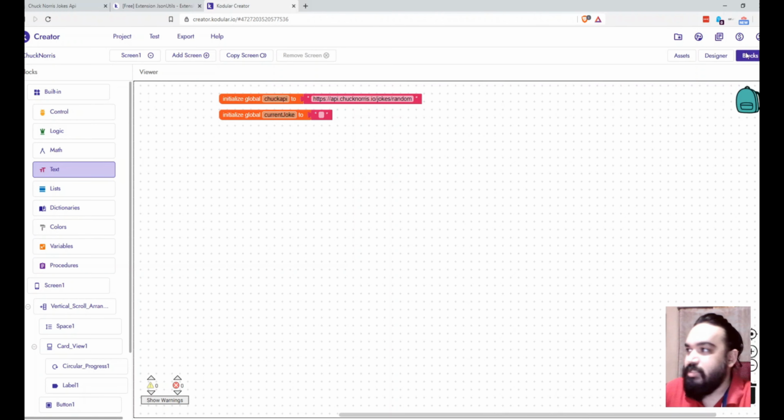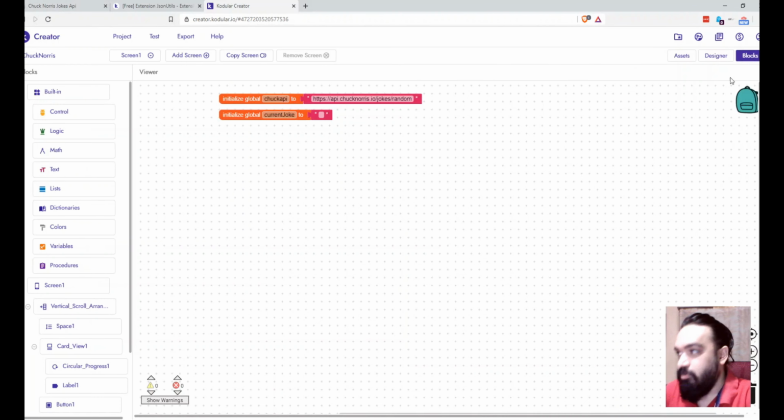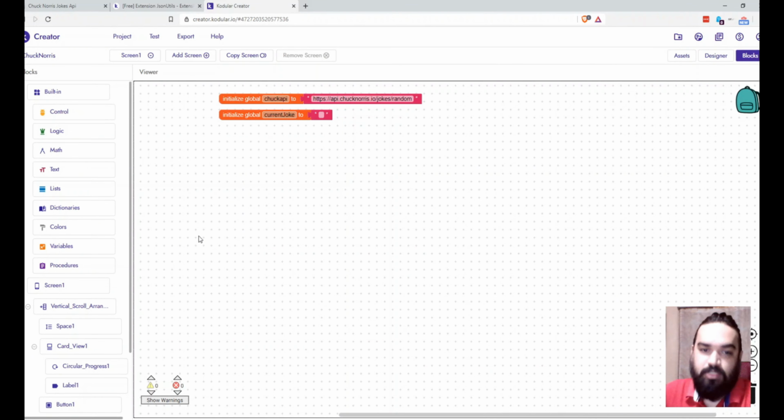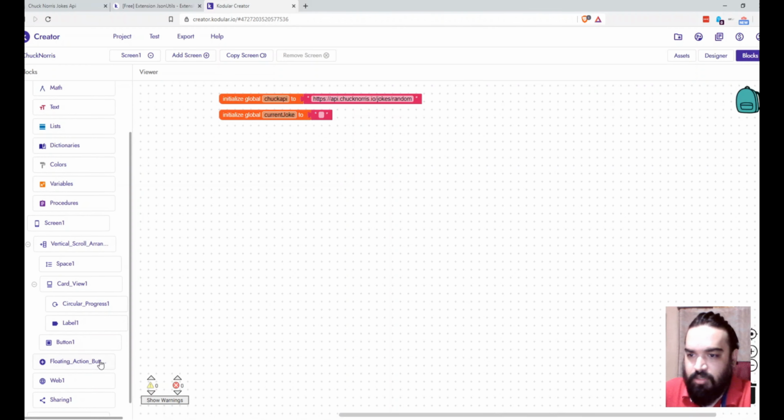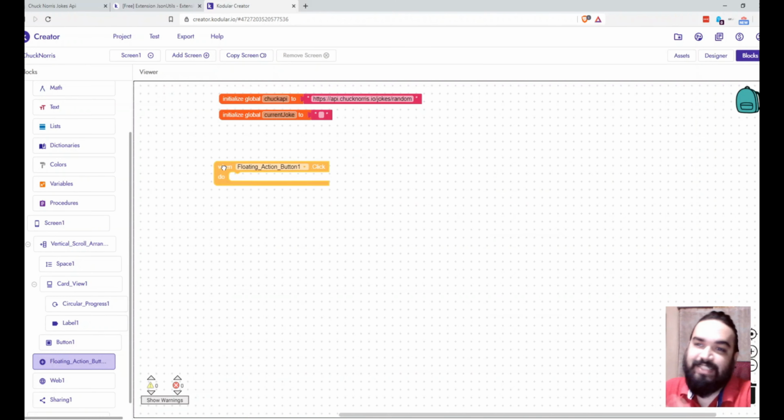Now, as I said, when somebody clicks on the reload button that is going to appear here, or when the app opens, we need to do a refresh and call the API, right? So we'll go back to blocks, and on the left you have to click on the floating button, and then you will have a block which says when floating button is clicked, do these actions.